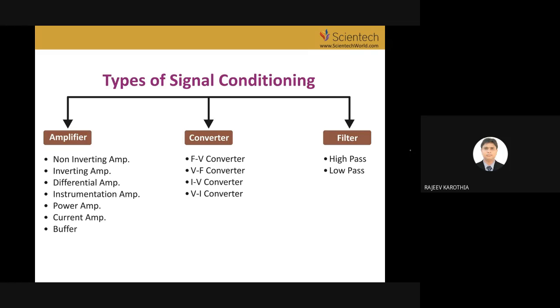See, most of the sensors give output in terms of voltage only, but few sensors are available like soil moisture, few sensors which give output in terms of capacitance, in terms of current. So we have to understand how we can convert current into voltage, or frequency into voltage. There are few sensors which give output in millivolts only. Like if I'm talking about the thermocouple, it gives output in millivolts. 1 millivolts means 25 degrees centigrade. 1.25 millivolts means 30 degrees centigrade approximately.